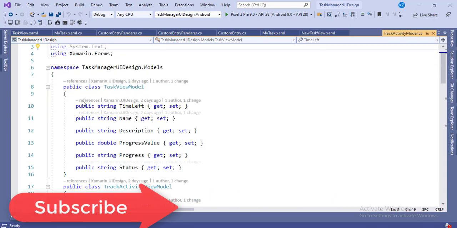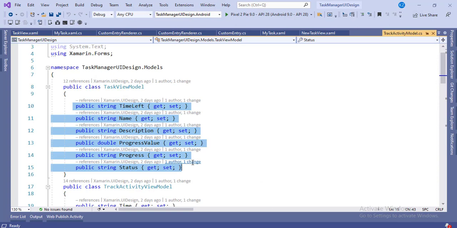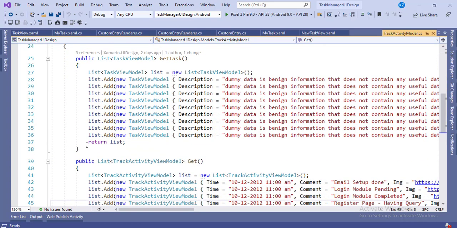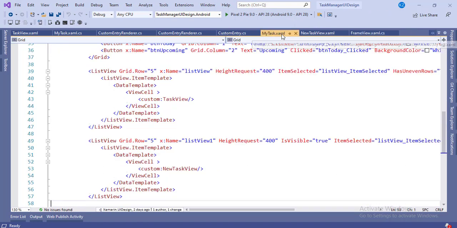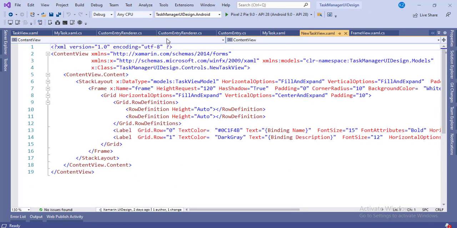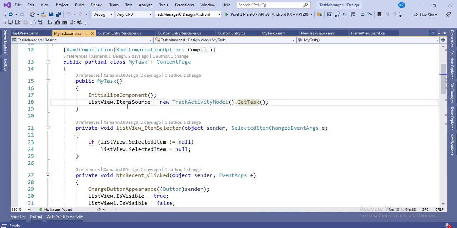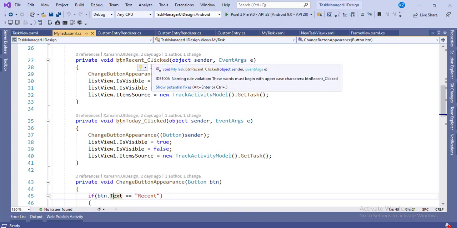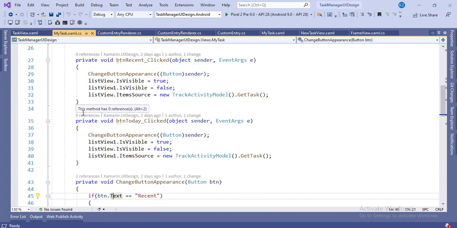The class has these properties; set these properties, add to the list and return that list to that list view. On the recent click or upcoming click, I have set the same template. So I have created this